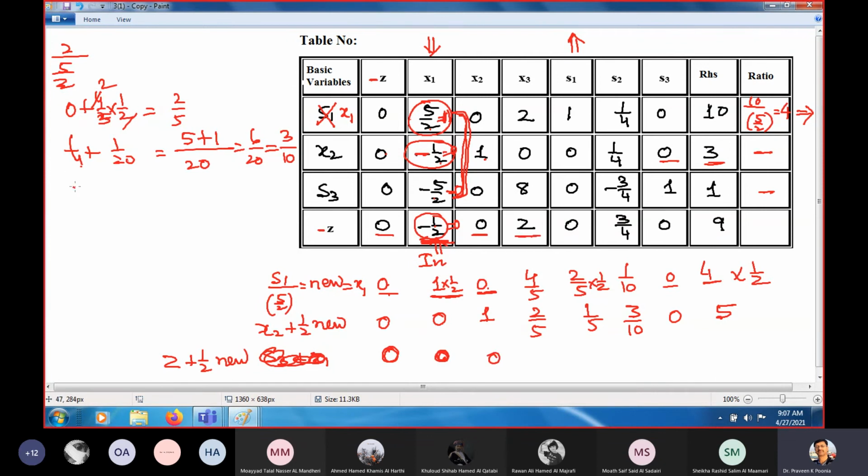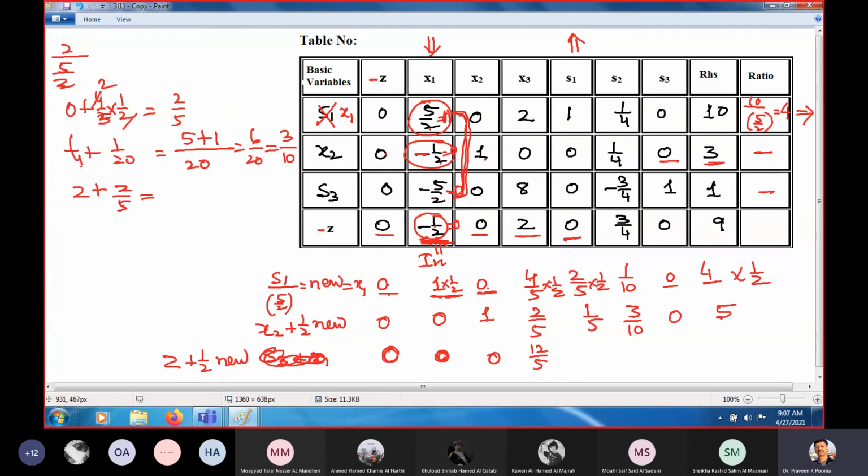0 plus 0, it is 0. 2 plus, multiply by 1 by 2. 2 times 2 is 4. So 2 plus 2 upon 5. 5 times 2 is 10. 10 plus 2 is 12. 12 upon 5. So you need to practice calculation here. The more you practice, the more you solve, means more correct solutions you will get without using pen and pencil.